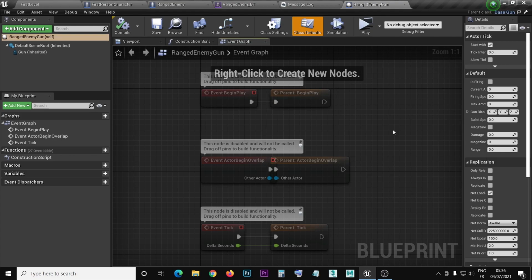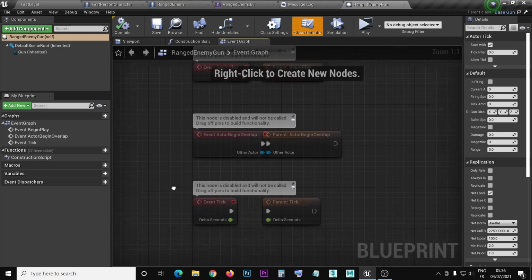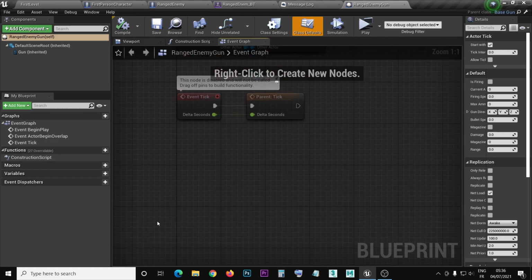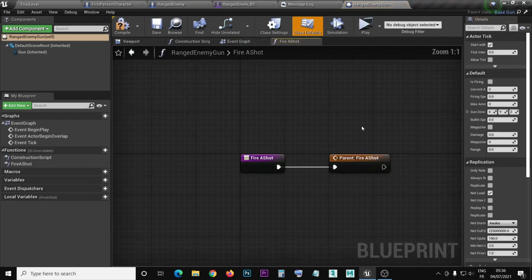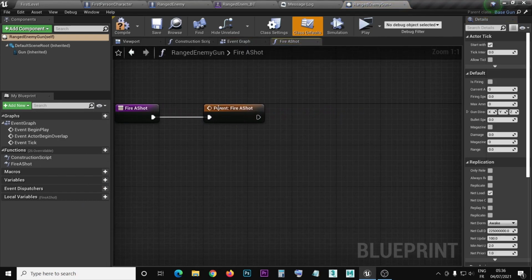and here what we're gonna do, of course it is a child of the base gun class. So what we're gonna do, we're gonna first of all override the function fireshot, the fireshot function. I'm gonna just do some adjustment to my screen. So we're gonna override the fireshot function. So in this function,